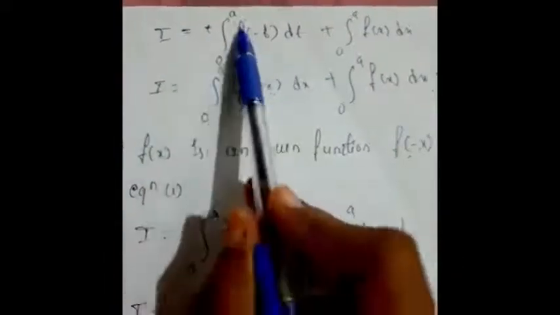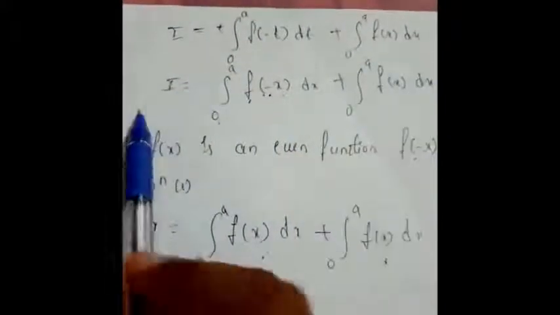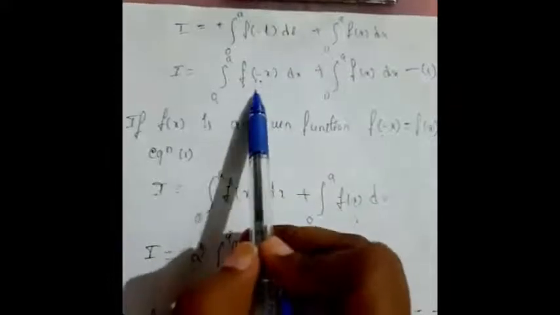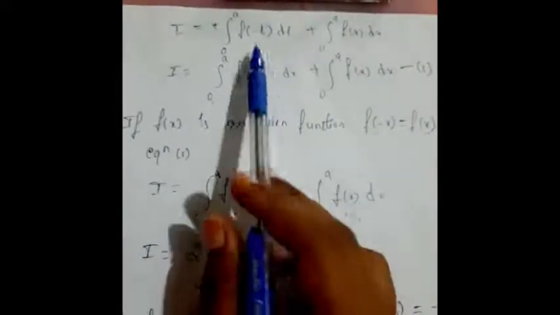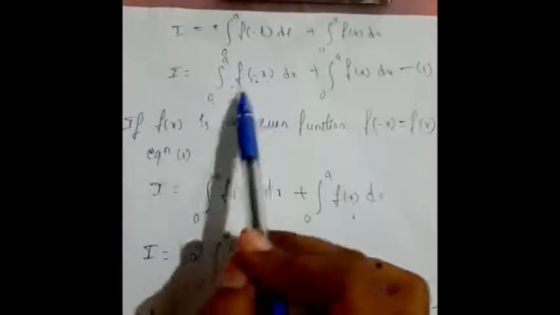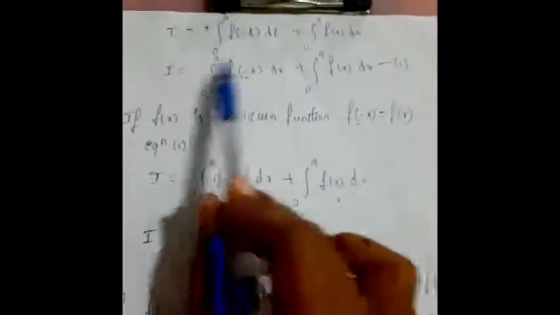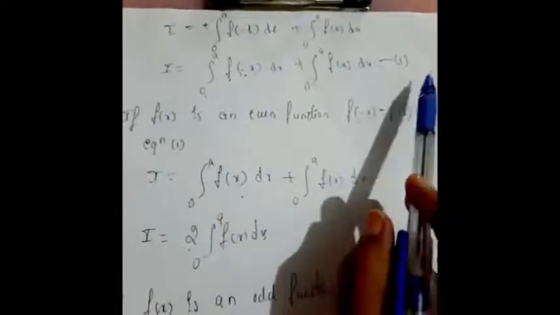Observe here, your function is f of minus x. So I is equal to the integral from 0 to a of f of minus x dx plus the integral from 0 to a of f of x dx. This is your equation number 1. This is using your property number 2, and the next step is using your property number 1. If I replace t by x, nothing changes. It means the limits remain the same. The lower limit and upper limit are the same when you replace t by x using your property number 1, and this would be your equation number 1.